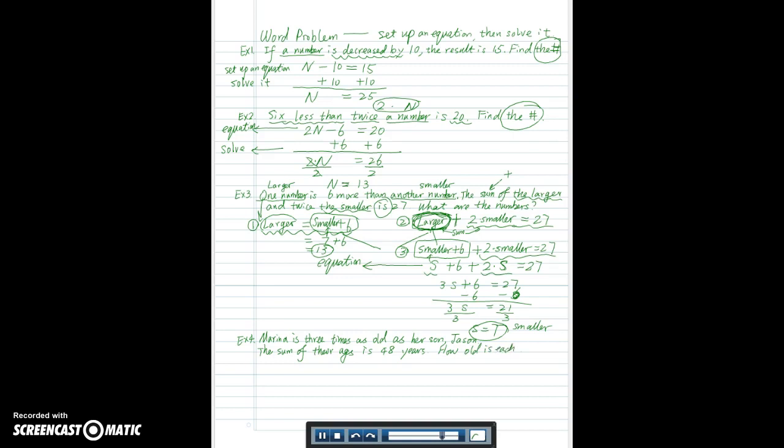Here we can see we still have 2 unknowns. One is Marina's age, the other is Jason's age. So like the previous example, we have 2 unknowns. One is larger, the other is smaller. The problem looks different, but it's still the same type of question. We have 2 unknowns and 2 sentences. The first sentence right here,